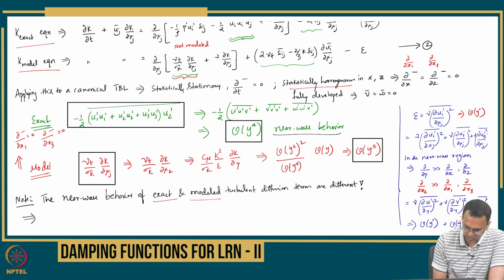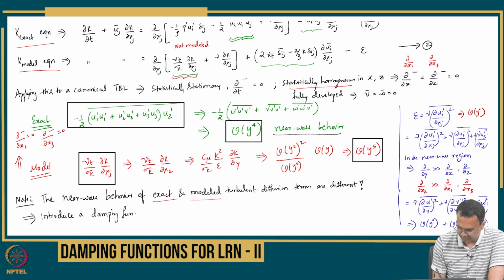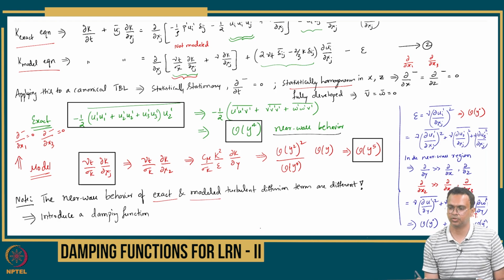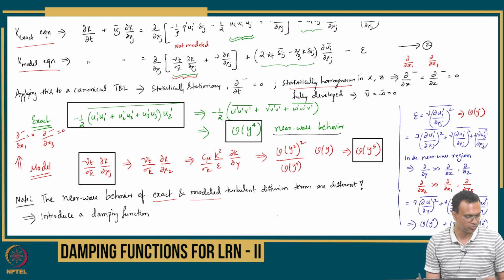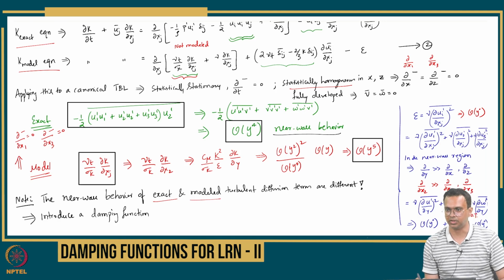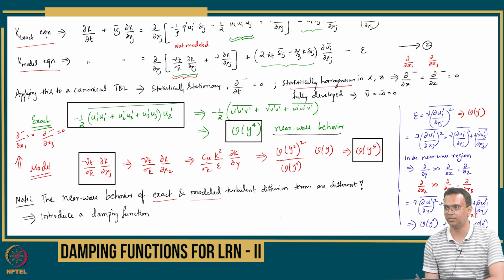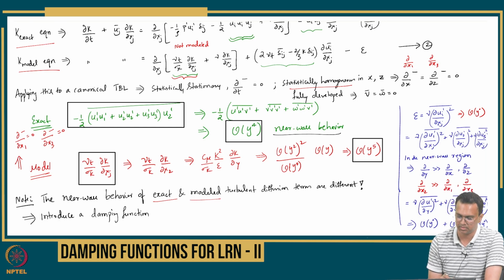So the suggestion is to introduce a damping function which will have 1 over y behavior, so that it goes back to y raised to 4 behavior in the equation. So where do we introduce this damping function? We essentially introduce it in the eddy viscosity term, because that is what is coming in the modeled equation here, nu t by sigma k dou k by dou xj, right? That is replacing this entire triple velocity correlation term. So we introduce a damping function,